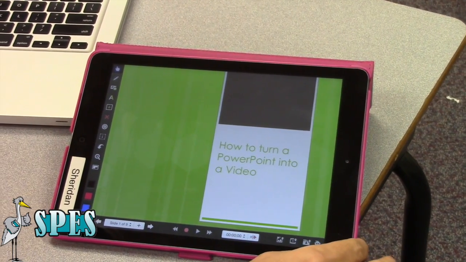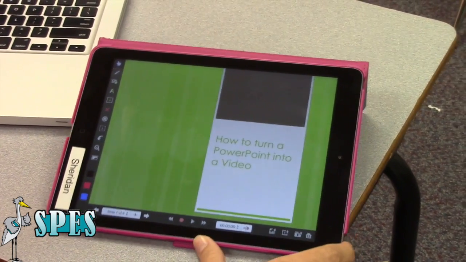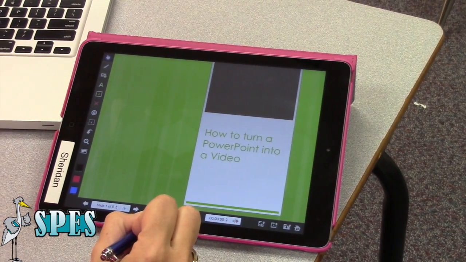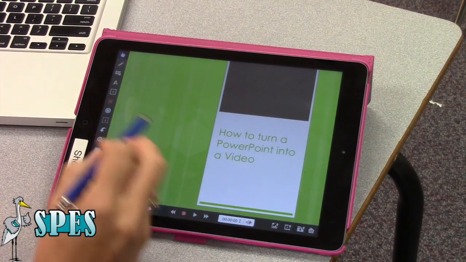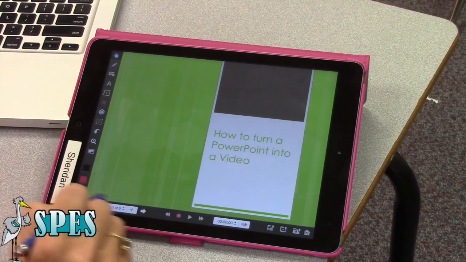Now that you have your Explain Everything, you're ready to start recording your video. You'll press the red record button here on the bottom of the screen to begin your recording. Some tools to note before you begin